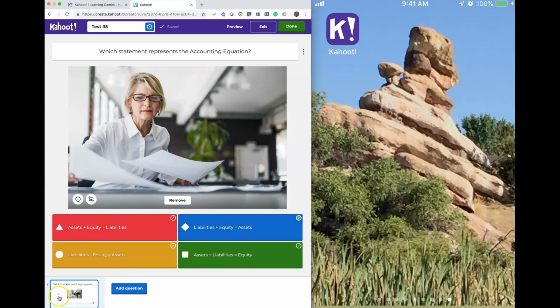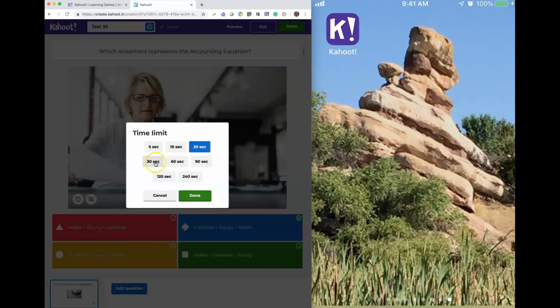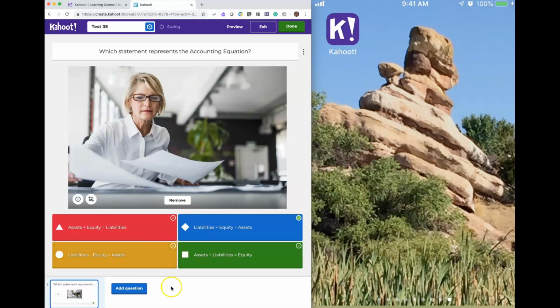And also over here you can see that the default is 20 seconds. Well, maybe I want to adjust that, so I can set the time limit. Maybe 30 seconds is what I want. Notice now, here are your choices, 5 seconds, all the way up to 240 seconds. So you have up to 240 seconds or 4 minutes, and I'm going to say done. Okay, and notice it had changed to 30 seconds. So I have the ability to